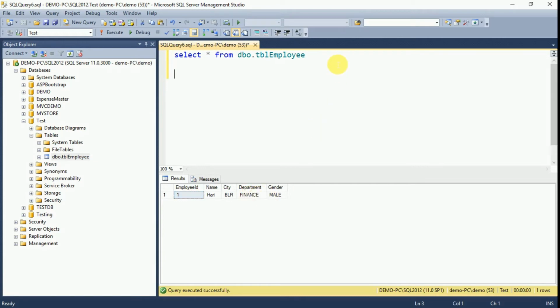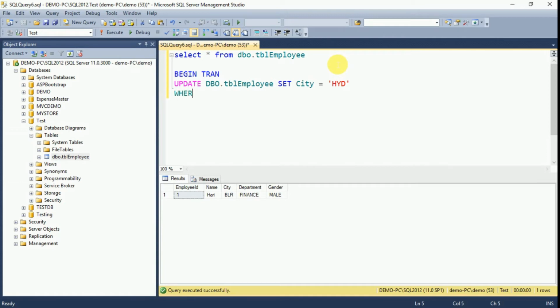Now I'll start to update this data. Whenever we are going to use the update, we have to start with the begin transaction. Then we have to pass our update statement. I have to pass the table name here. Then I want to update city, and I want to update it as, suppose, Hyderabad.